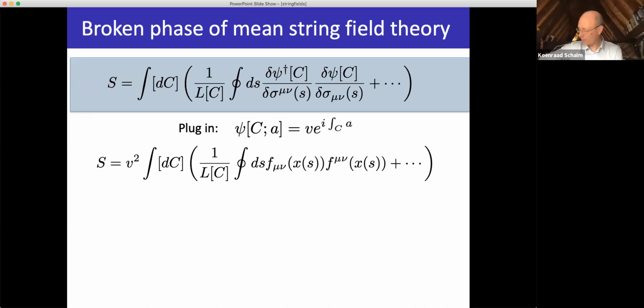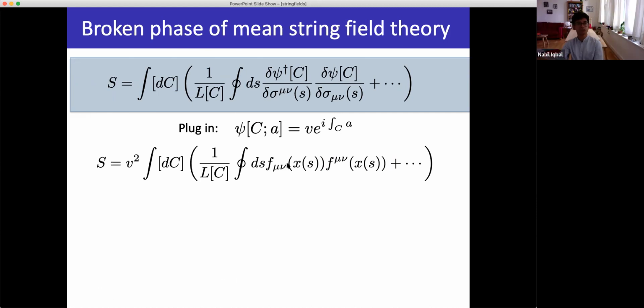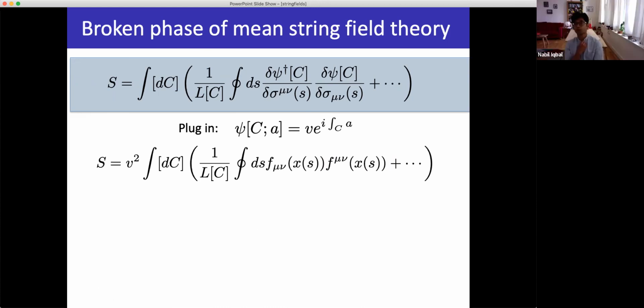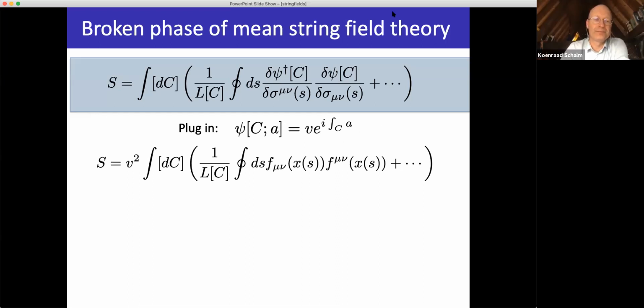Sorry, Nabil, may I ask one question? Sure. Where does the U1 symmetry come from? So I'm studying a theory that has a U1 one-form symmetry. So it's there from the beginning. I'm assuming I have this U1 one-form symmetry. But you're not connecting it to an open or closed string microscopic description. No, it's there. Exactly. As I was saying, there's a higher form global symmetry, and I'm assuming I have a higher form global symmetry from the outset. A concrete example to keep in mind is just normal Maxwell E and M. That is a higher form global symmetry. Thank you, very well. Good. Other questions?